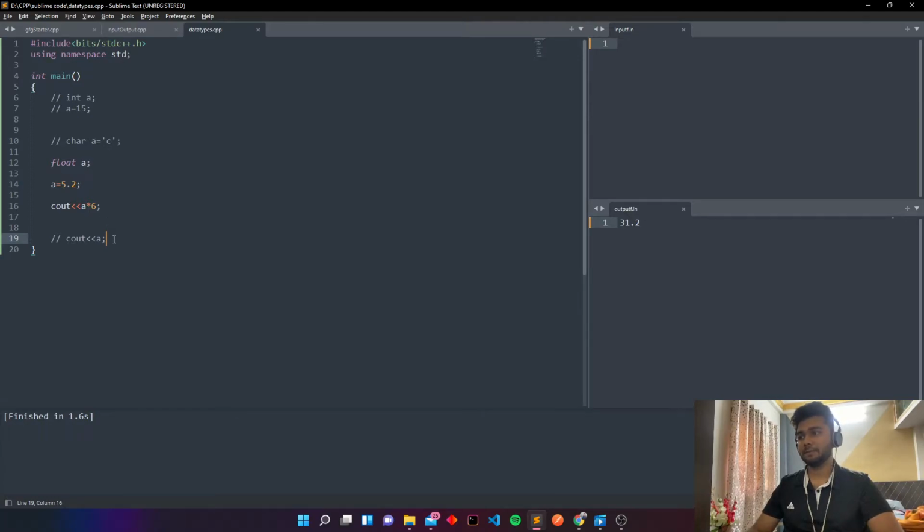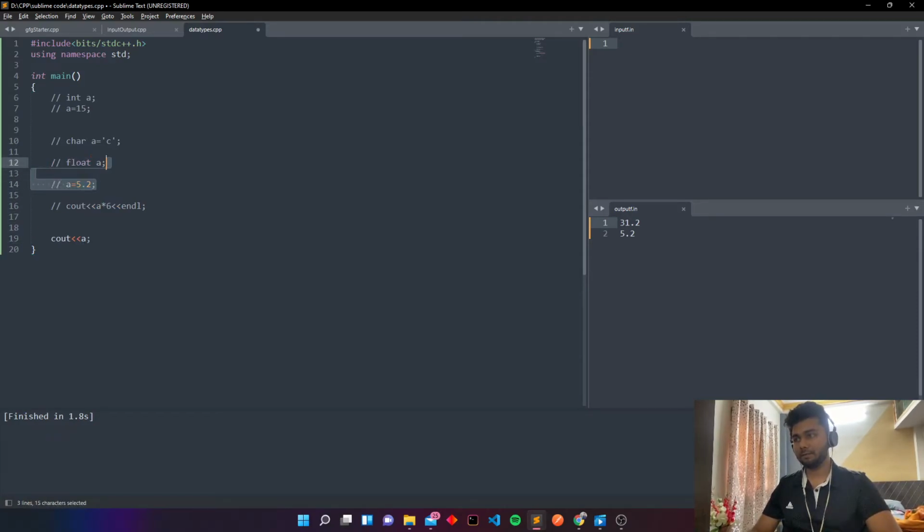Okay, one more thing: we use endl to end the line, and then we can print this c out also. So now we will get a into 6 in the first line and a on the second line.